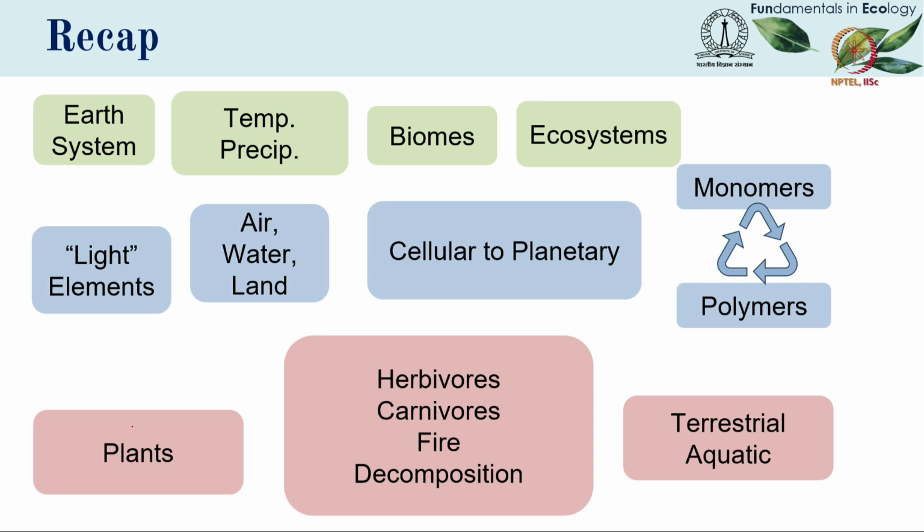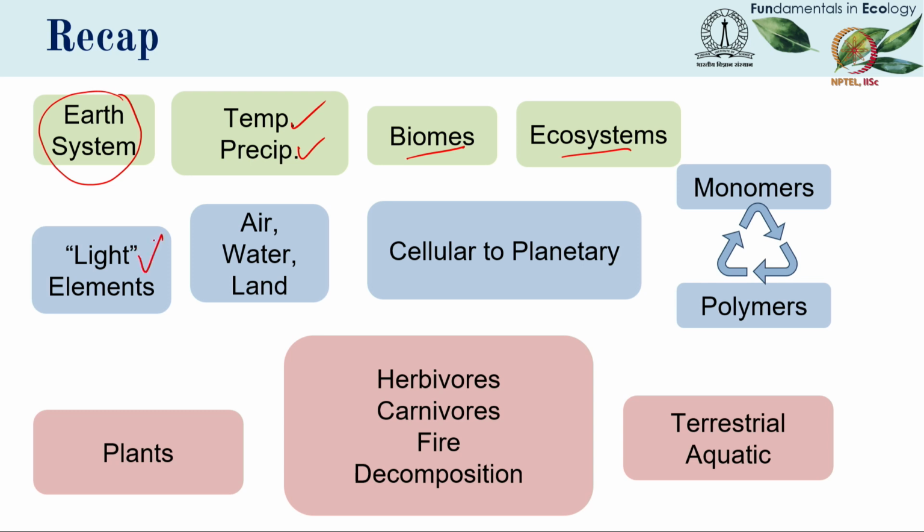So let's do a quick recap. We tried to understand ecosystems and how they relate to the concept of biomes, and their properties are integrated within what we call the planet or the Earth system. Two main factors that define and differentiate ecosystems and biomes from one another are temperature and precipitation. More specifically, the uneven distribution of temperature and precipitation across the world, and a lot of that unevenness arises from the Earth's tilted axis.